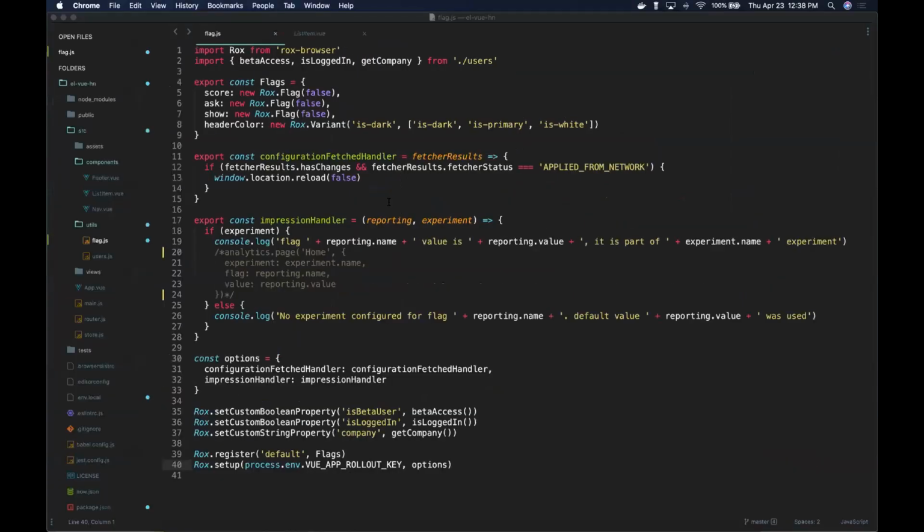So what this means is in our code, we can implement some sort of impression handler so that when we use feature flags to distribute the load to our users, and 50% of our users will see one value of the feature flag and 50% of our users will see a separate value, we can then push data about the flag name and the flag value, so that when each user accesses it, we can push it to our analytics platform